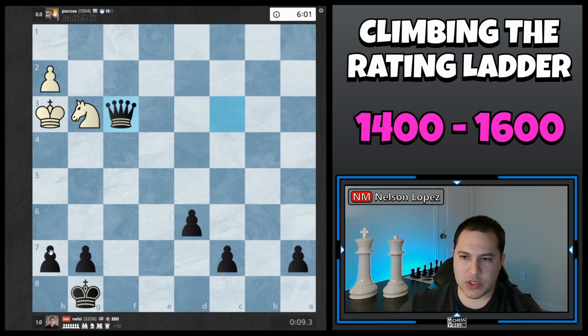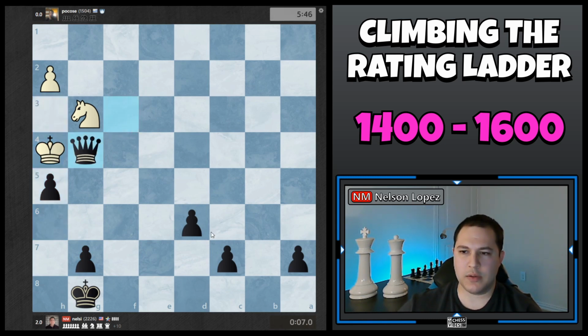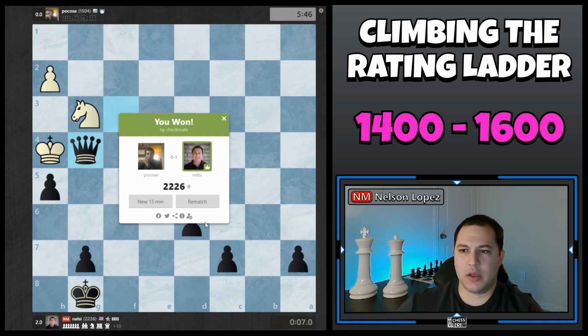So I need to set up a checkmate. g5 looks like checkmate next move. If he plays h3, if he goes back there, is that a stalemate? That is a stalemate. All right. I don't want a stalemate, so I played h5. So he can go there, and then I can checkmate. Yeah, so